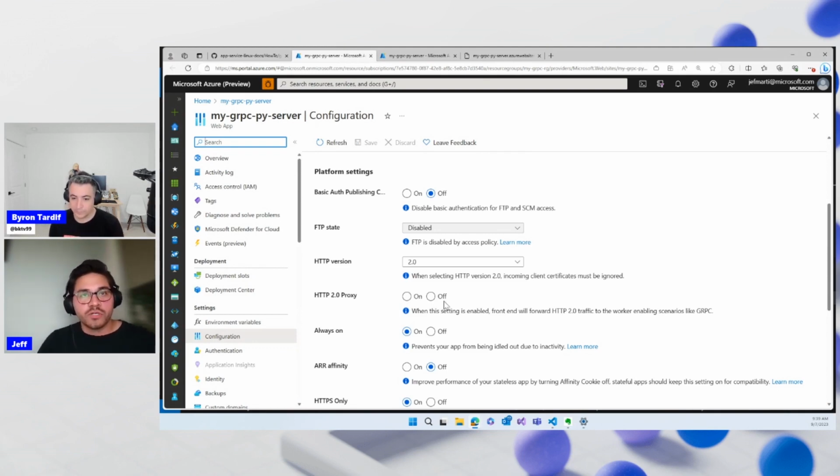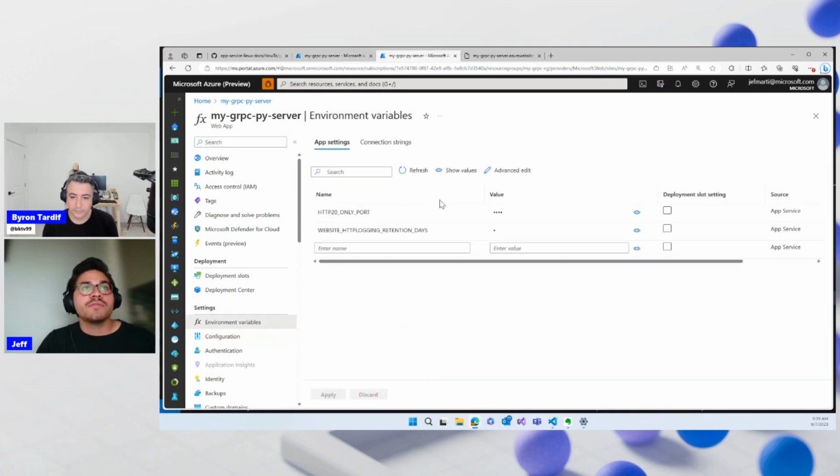Right now, there is a bug. When you set it, you'll see that it's not actually showing enabled, but it is. We are working towards getting that fixed. And the last one that you need to be concerned about or add is this environment variable, this HTTP 20 only port. I have set mine to 8282. It doesn't have to be a very specific number, but